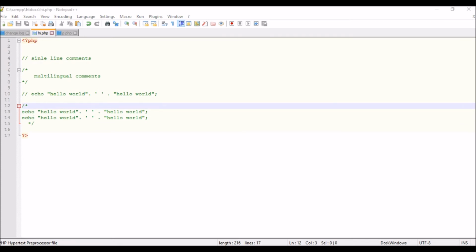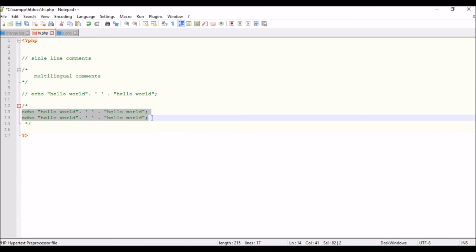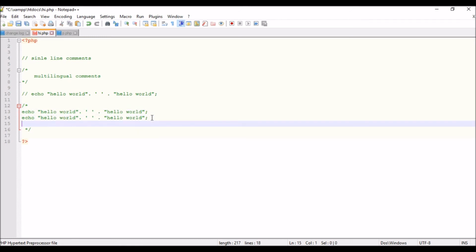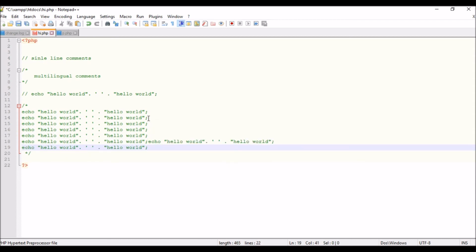As of now we have seen the syntax of comments. Now we will see the actual use of comments. Let's say many programmers are working on a single project, so the modules are divided among them. Let's say module A is given to me, so I am supposed to write the source code for that. Let's say this is the source code for that module and I have created it. Just consider it.